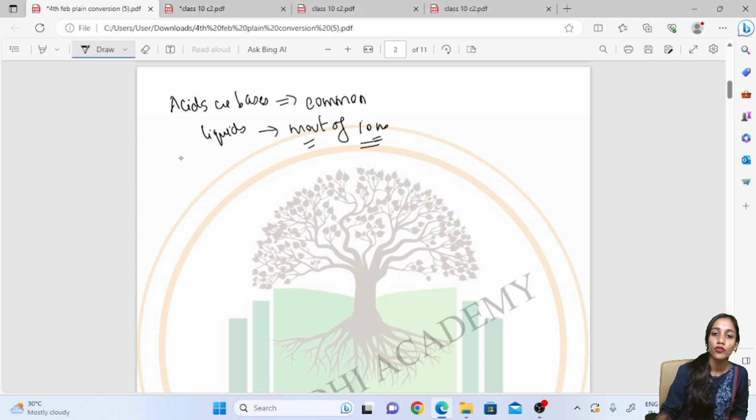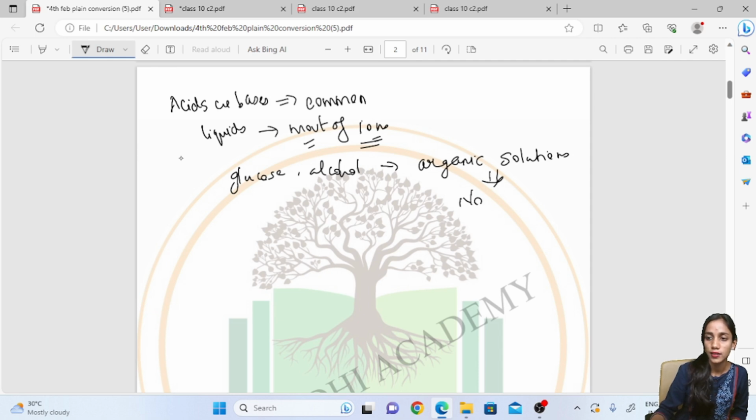Now in the case of glucose and alcohol, both these are organic solutions, and there were no ions. In this case there were no ions, therefore there was no conduction of electricity. But in case of acids such as HCl, HNO3, H2SO4 and acetic acid, that is CH3COOH,